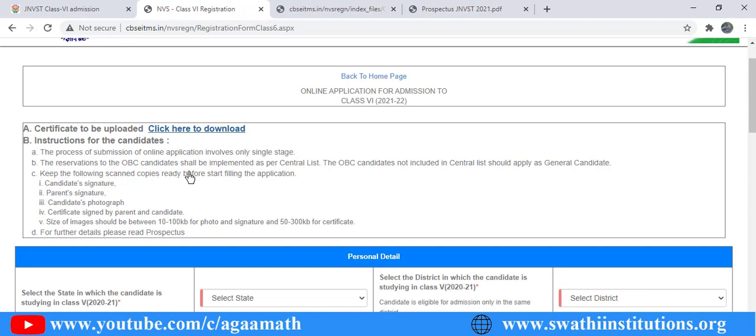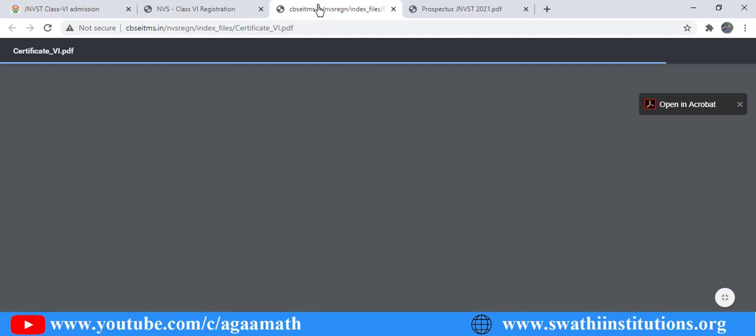The reservation for the OBC candidate shall be implemented as per the central list. Okay, the candidate signature should be taken as scanned copies. Scan the candidate signature, scan the parent signature, scan the candidate's photograph, and scan the certificate signed by the parent and candidate. The certificate is what you get if you click here to download, so it's getting open. Wait.